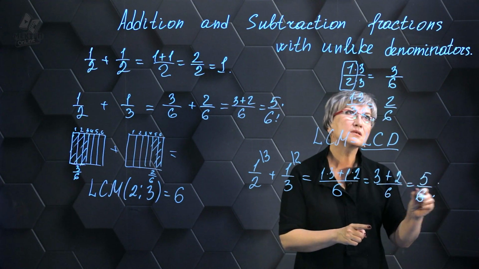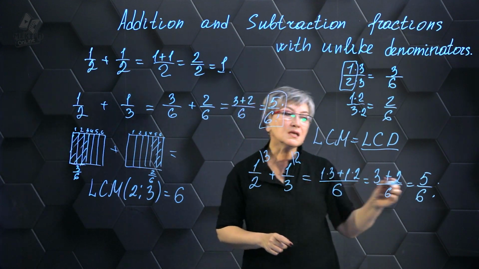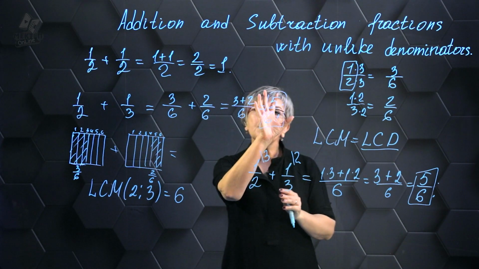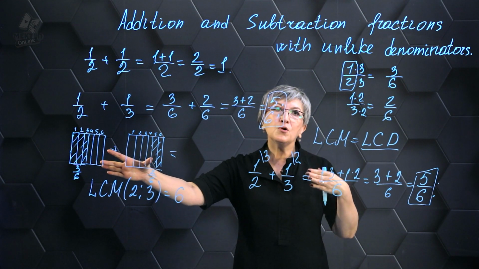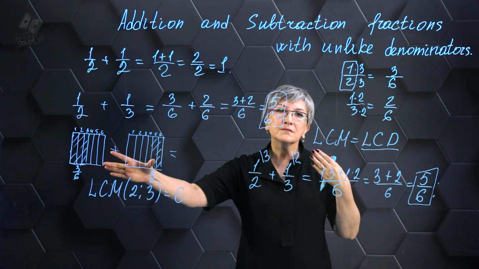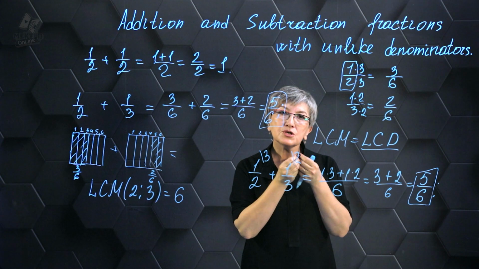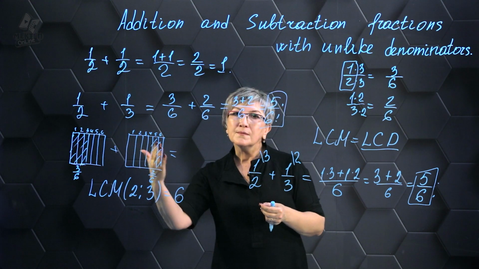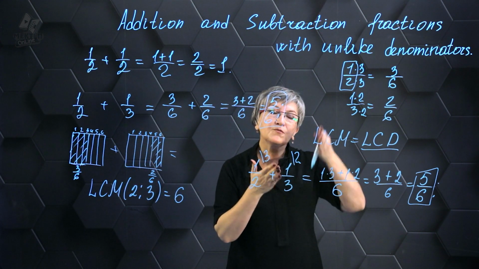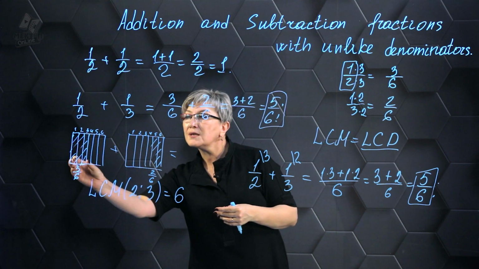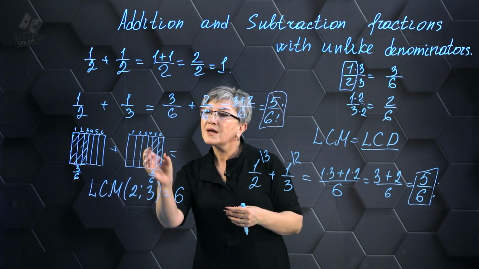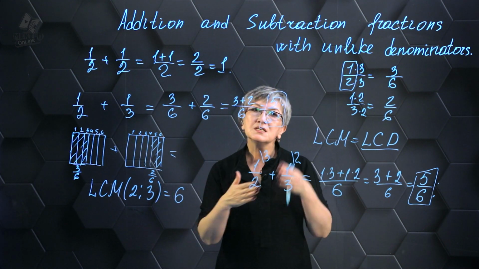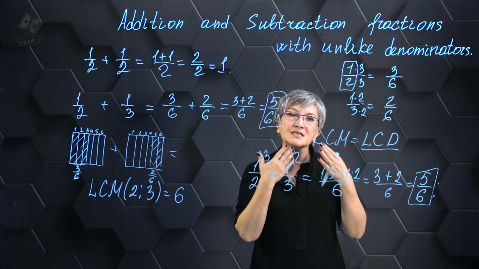We got 5/6, and we also got 5/6 using arithmetic operations. That is what I'm talking about. 5/6 I got here by dividing into equal parts. That's the whole point of adding or subtracting fractions with different denominators. But that's when I came to this conclusion, by dividing this square directly and finding out that my fraction 1/2 turned into 3/6 and my fraction 1/3 turned into 2/6. However, it is not always convenient to perform this operation by dividing or depicting these fractions